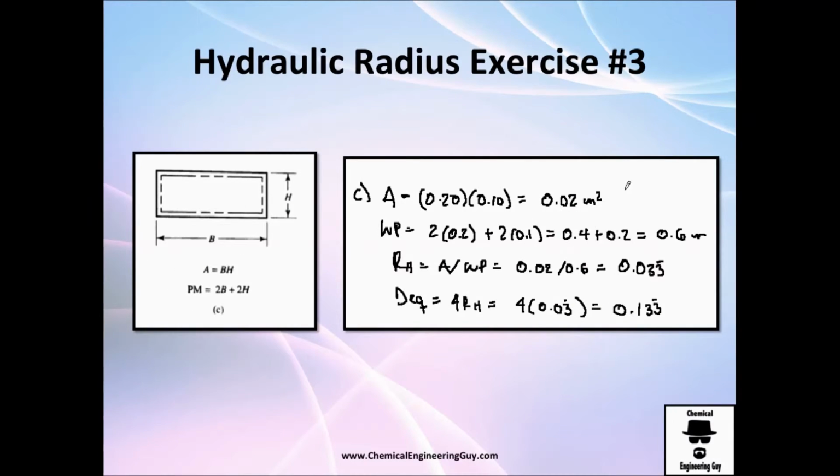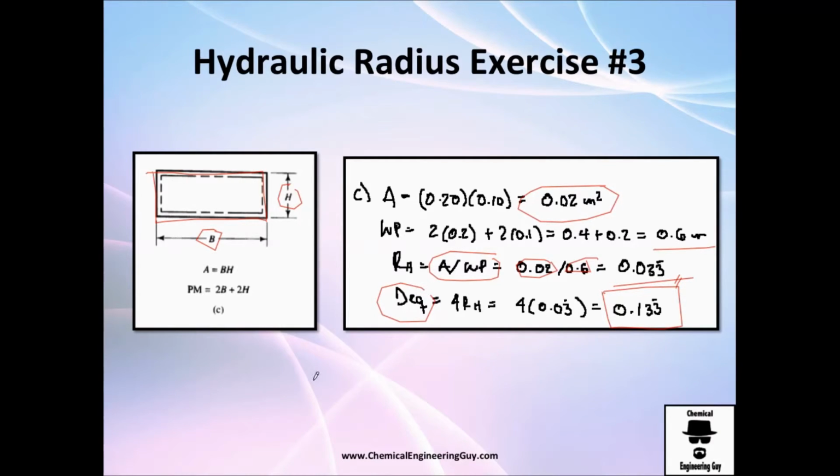Oops. Yeah, I got this area. Now the wet perimeter will be, of course, the perimeter of this rectangle, which is 2 times the base plus 2 times the height. So 2 times this, and 2 times this is 0.4 plus 0.2 gives you 0.6. Calculate the hydraulic radius, which is the area divided by the wet perimeter, which is this right here and this right here. I got this number. Now the equivalent diameter is 4 times this, so I got this number, which is kind